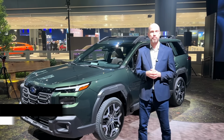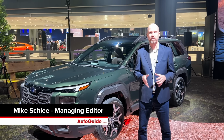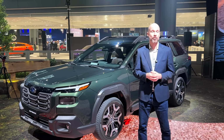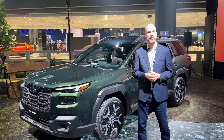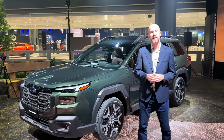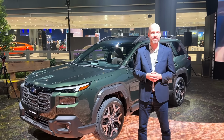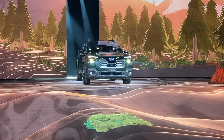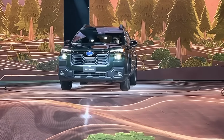Subarus have always been pretty boxy, almost to a fault, but recently the world has gone box crazy, with vehicles like the Toyota Land Cruiser and the Honda Passport and the Hyundai Santa Fe all getting a very boxy shape. It's almost made Subaru look like a trendsetter. With the 7th generation Outback to celebrate the model's 30th anniversary, Subaru has fully embraced the box with the brand's